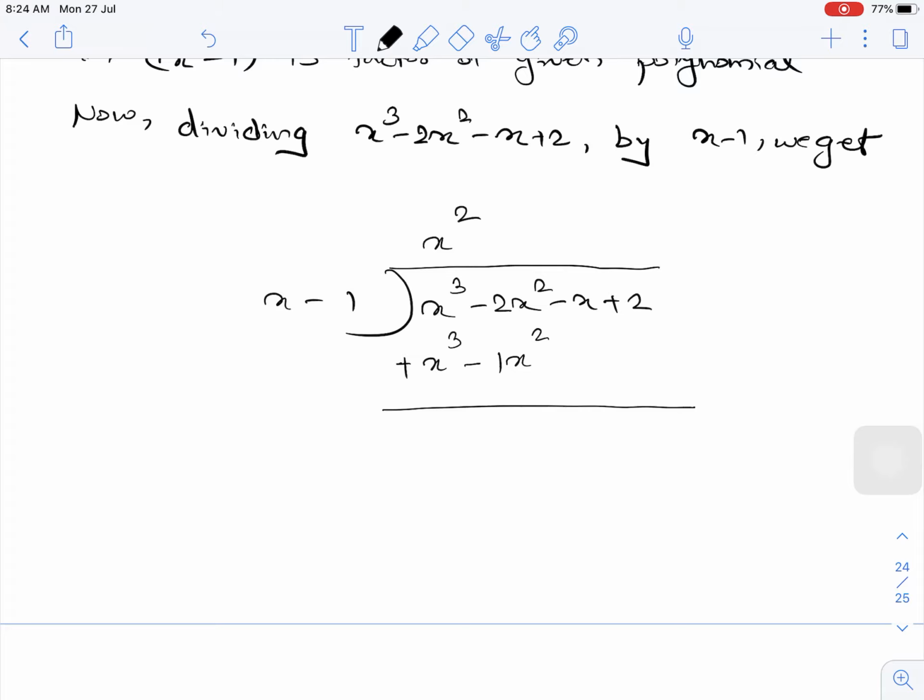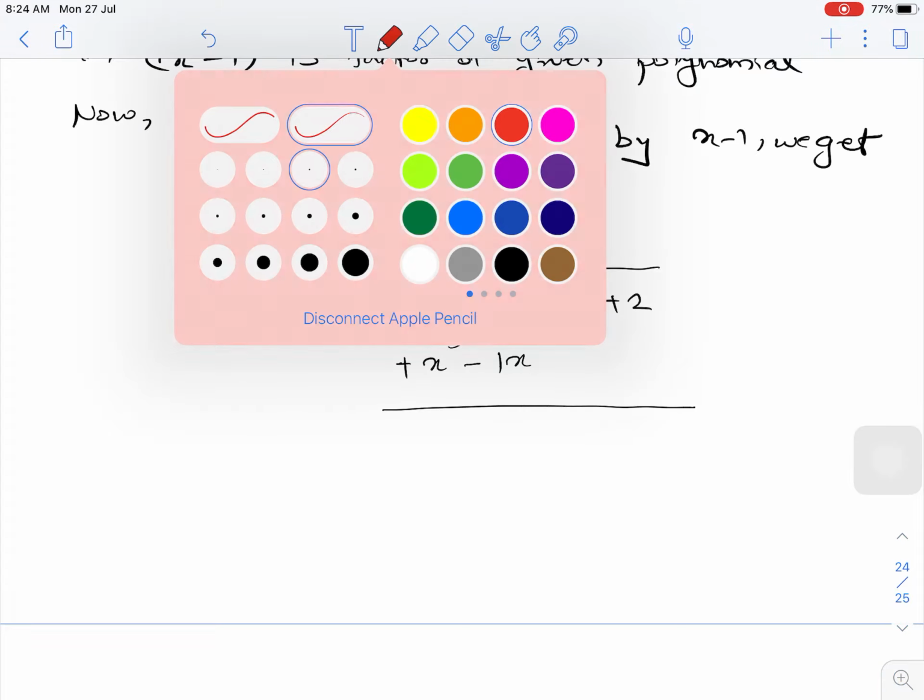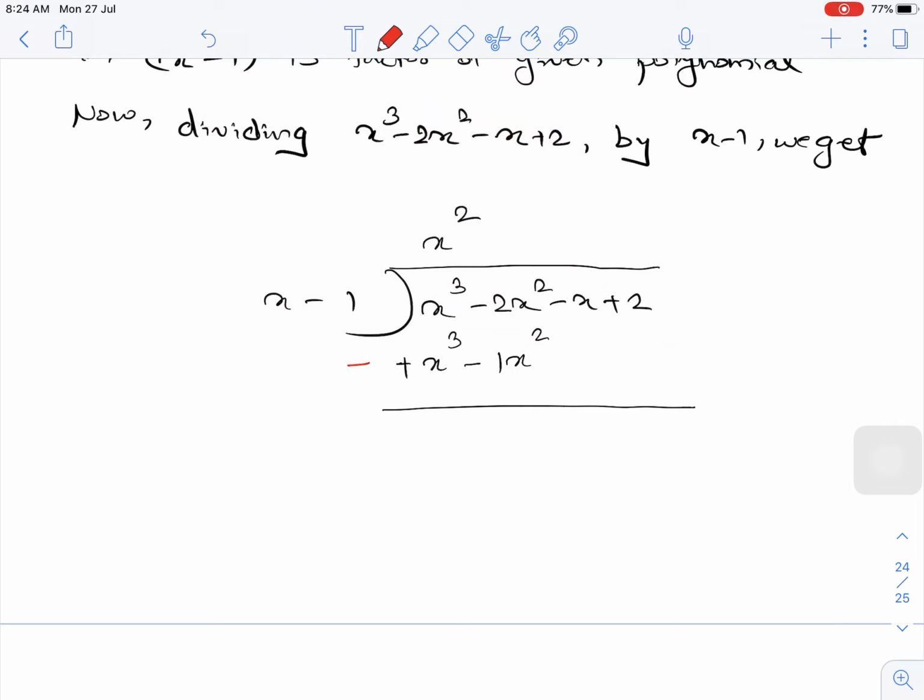Now since it is division, so here we will write division sign. Okay, now remember that as soon as I am writing here minus sign, these all signs will change. Now this plus will become minus, this minus will become plus. Okay, so now what you will get, now this x cube is having plus sign, and this x cube we will consider the new sign which is highlighted by red color. Okay, or which is written in red color.